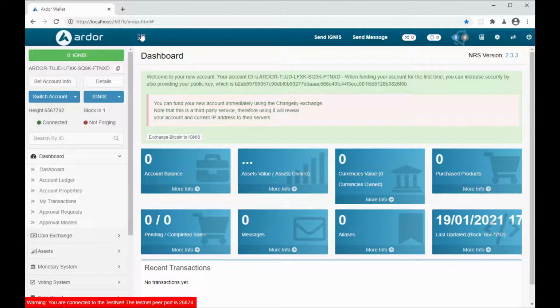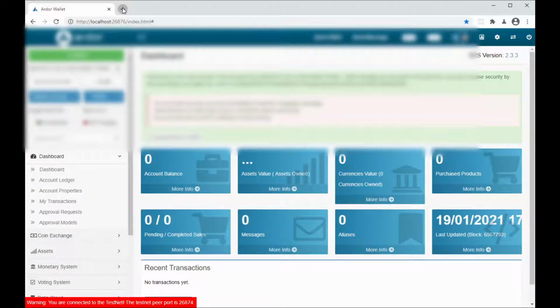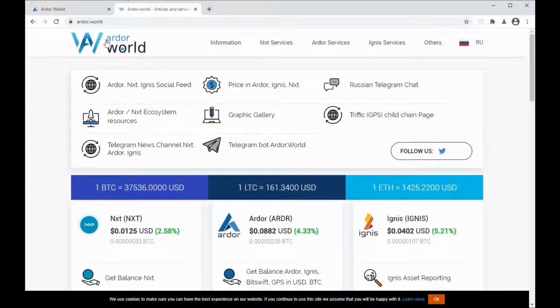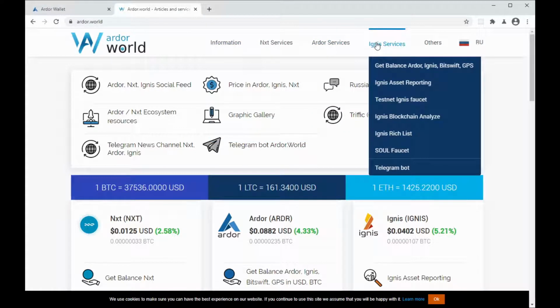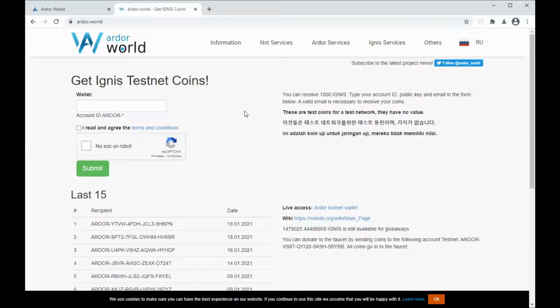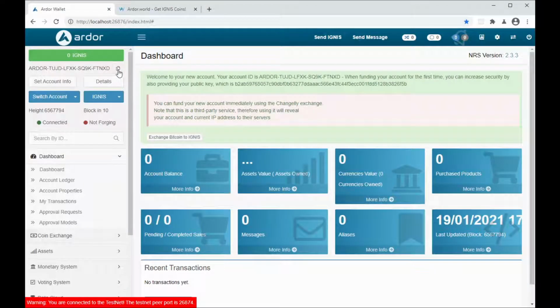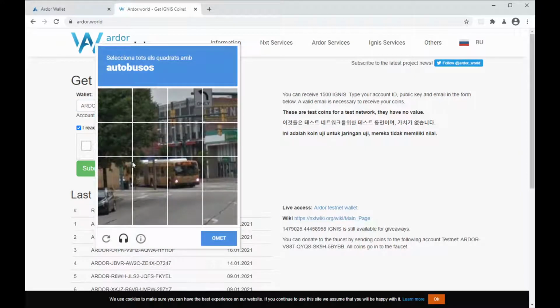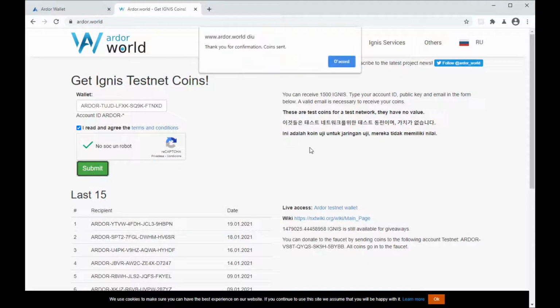In order to do that, we can go to a service called Ardor Vault, and then here I can go to Ignis services and click test Ignis faucet, and then I will copy my account, put it here. I agree, I'm not a robot, okay, and I submit.